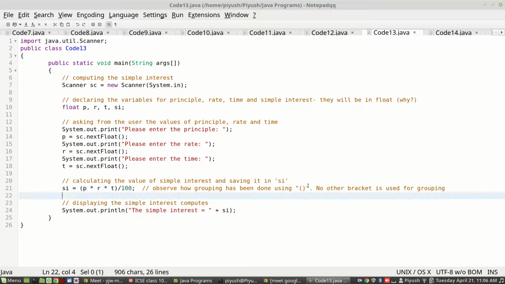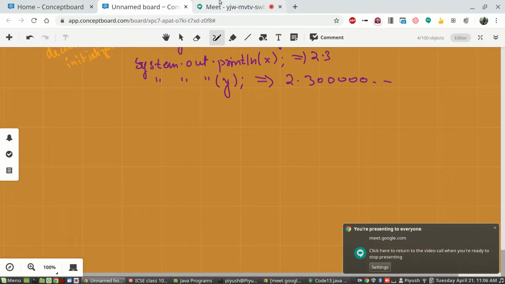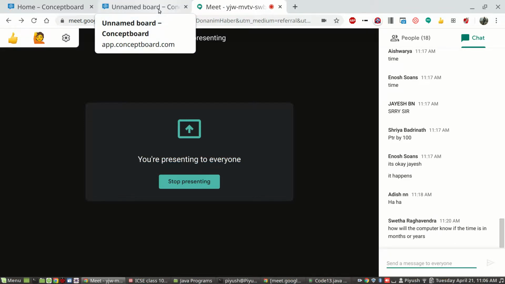And then remember, in BODMAS, in mathematics, you may have many types of brackets. How will the computer know if the time is in months or years? See, we are assuming here, correct, Shweta, you are right.